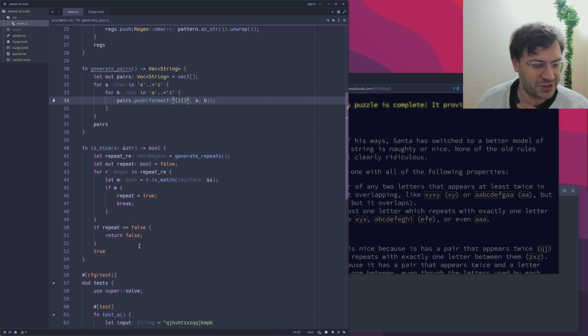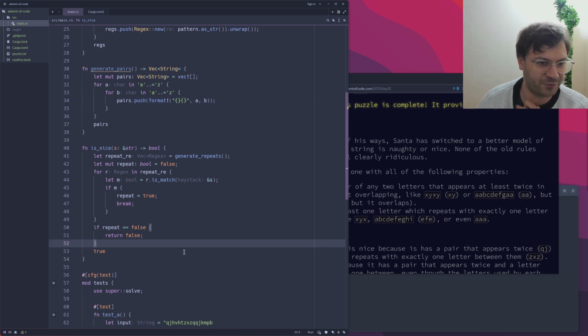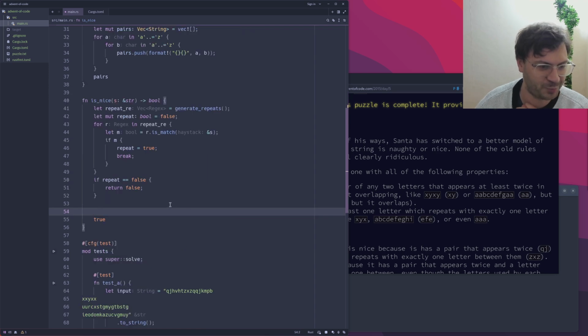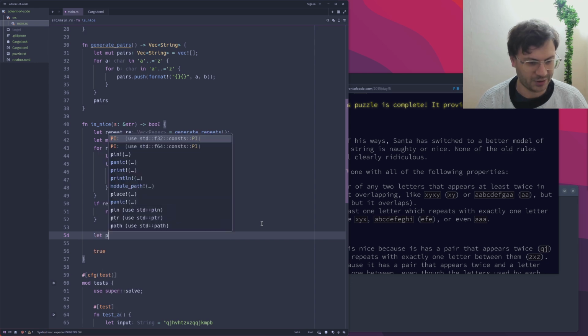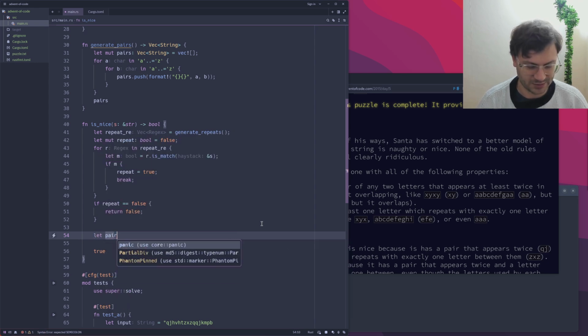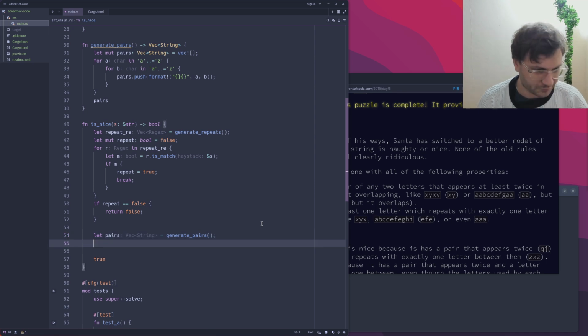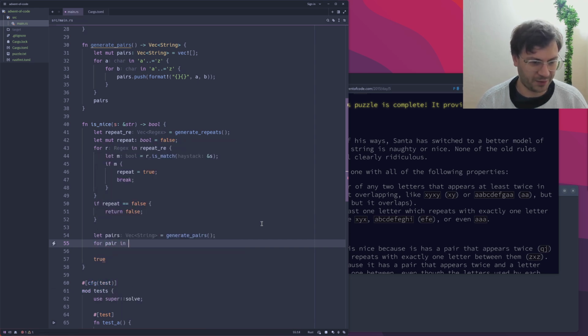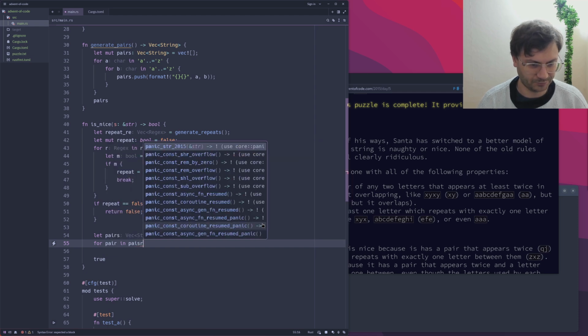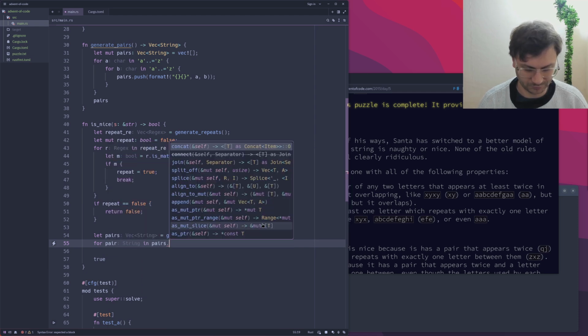So we've done our first check here. We're going to pass through and check for any repeats. So as long as we've checked that, then we can then look for pairs. So let pairs equals generate pairs. We can bring that function in, and for pair in pairs iter,